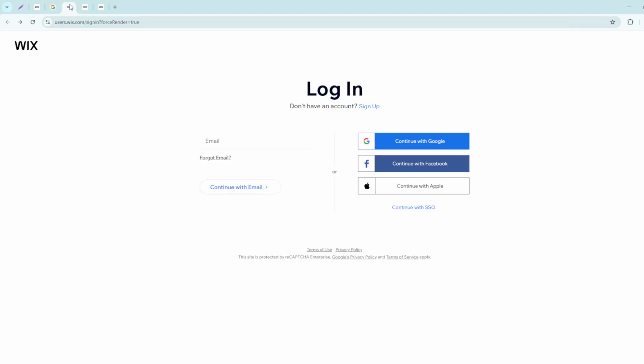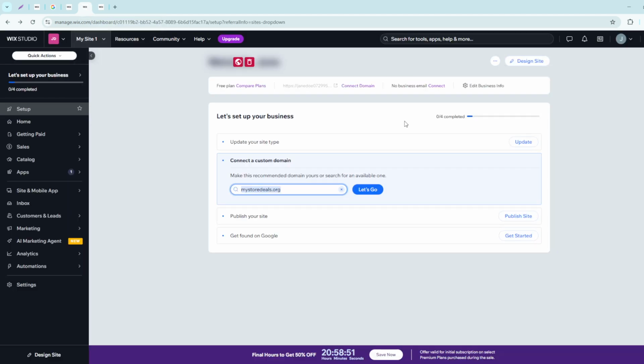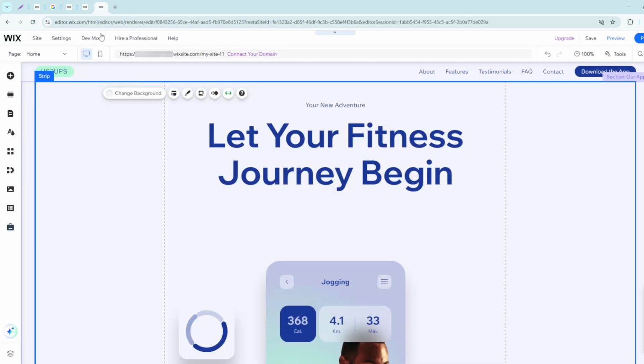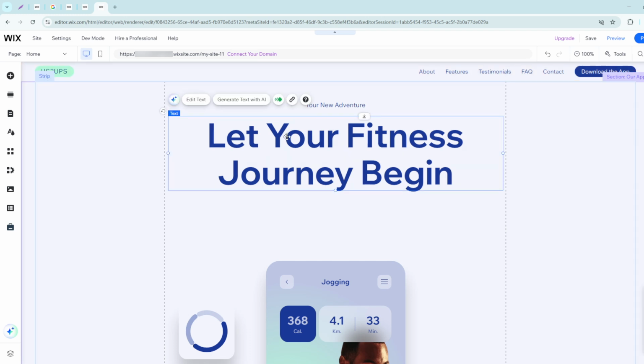First, begin by logging into your Wix account to access your site's dashboard. If you're not already familiar with your dashboard, it's essentially your central hub for managing the overall aspects of your website, from site settings to design elements. Once you're comfortably within your dashboard, look for and click on the Design Site option. This will direct you towards your design interface, where most of the magic happens in terms of visual adjustments and